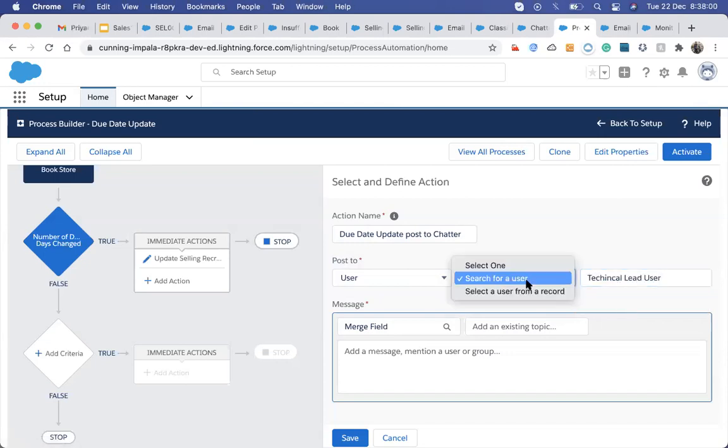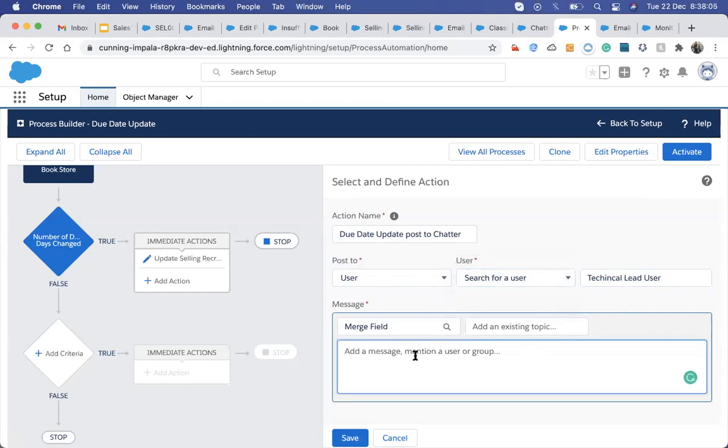I will mention that technical user, and then I will write: hey, I had updated the default number of due date.